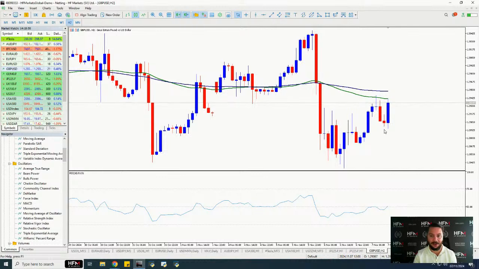Now, if we're looking at a 2 hour time frame, ladies and gentlemen, we can see we're trading below the 75 bar exponential moving average. That's known as a very key level, a key trend line. In addition to this, we're trading still below the 100 bar simple moving average. So both of them are indicating, even though we've had some correction upwards, that buyers potentially may regain control of the market. Buyers in the US dollar, by the way. So for the British pound against the US dollar, it's actually sellers. So keep that in mind.